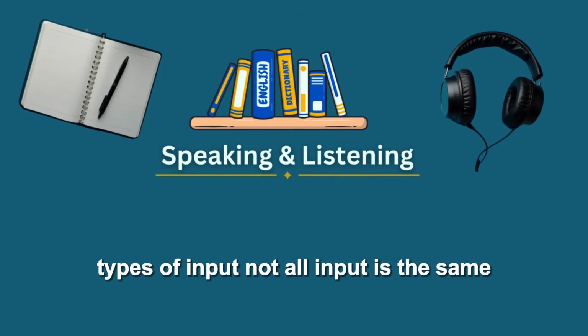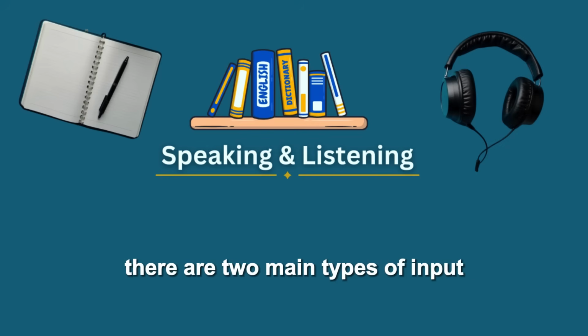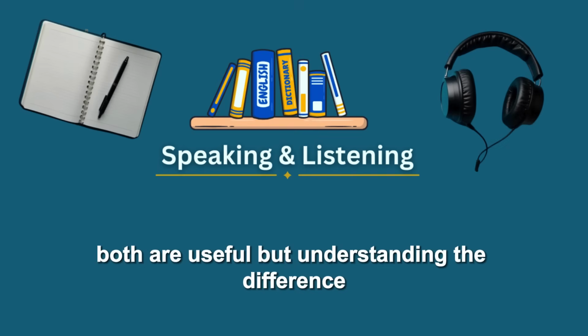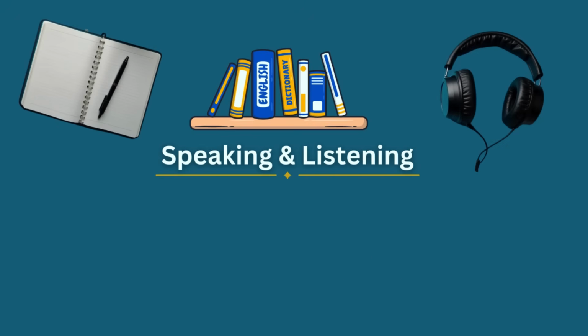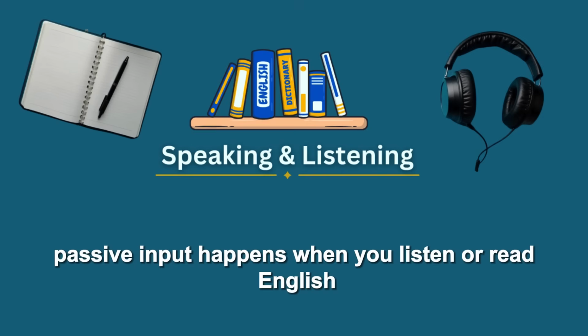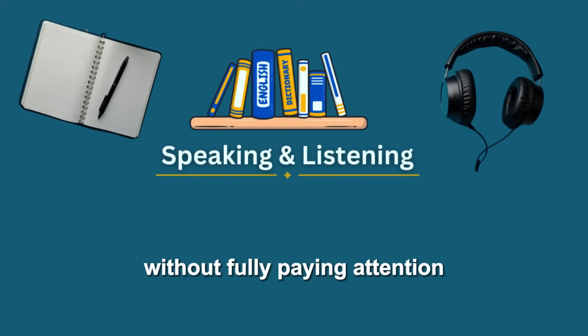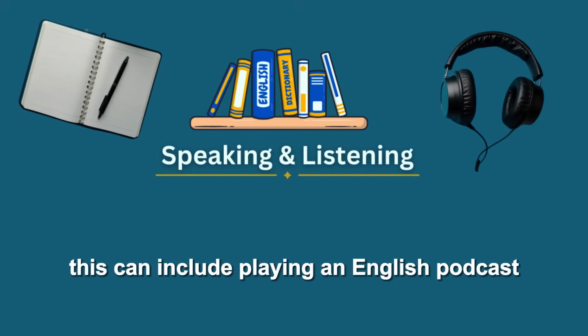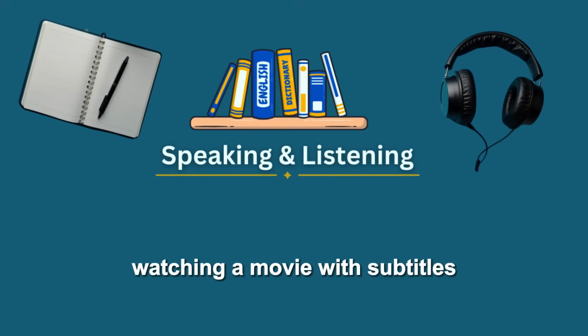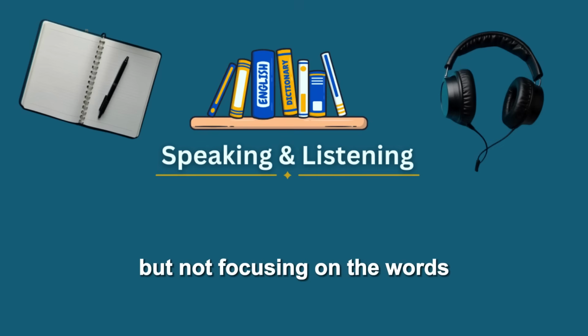Types of input. Not all input is the same. There are two main types of input: passive input and active input. Both are useful, but understanding the difference will help you use them effectively. 1. Passive input. Background listening, watching without focusing. Passive input happens when you listen or read English without fully paying attention. This can include playing an English podcast while cooking or driving, watching a movie with subtitles but not focusing on the words,